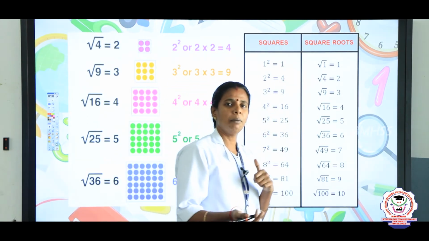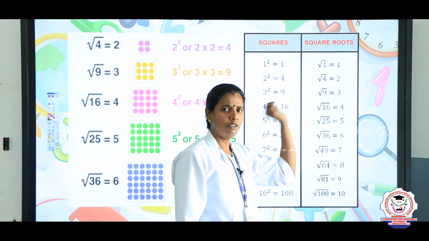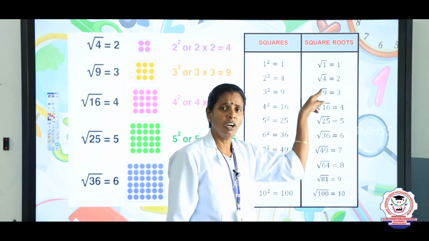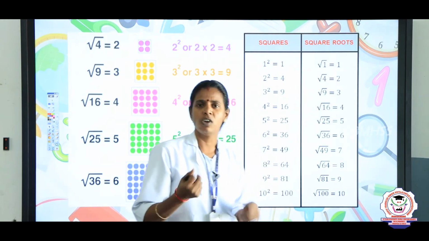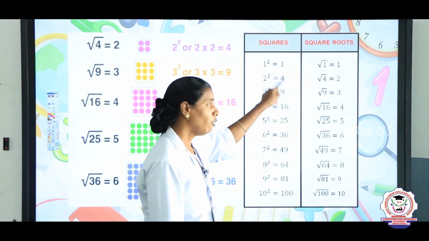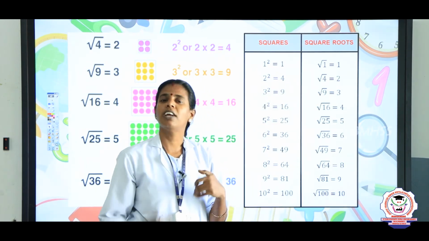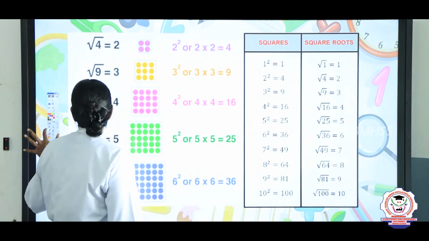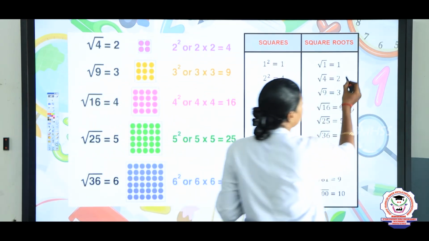What about the other numbers? See, root 1, root 4. What about the remaining numbers in between? Between 1 and 4, 2 and 3 are there, right? What is the value of root 2 and root 3? Yes, for each and every whole number we can find the square root, children. So, what is the root 2 value?